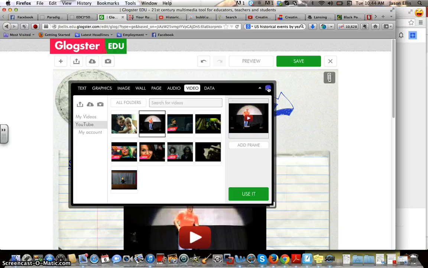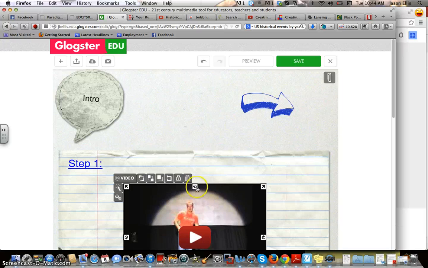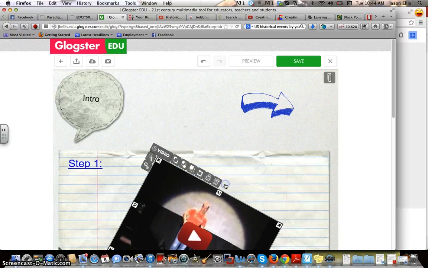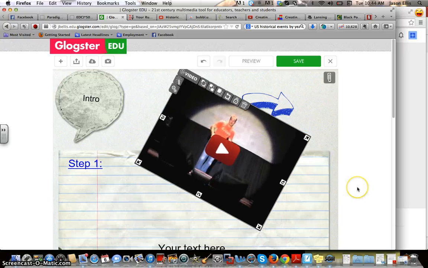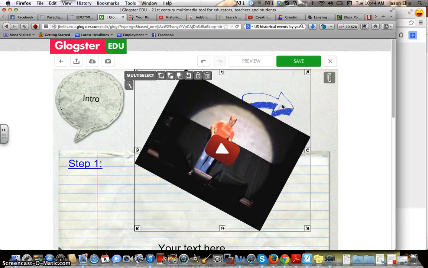So I can throw that in like that. If I want to, I can spin it. Okay, it's going to make for awkward viewing like that. But you put it in a place that's going to be appropriate too, right? So we don't have things that are too overlapping. Also, if you want to